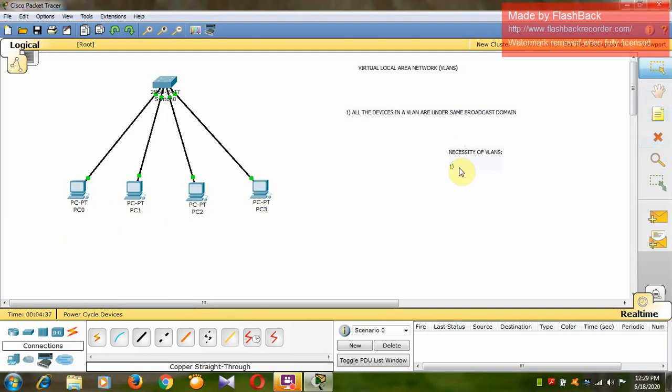So the necessity of VLANs is, first of all, it will provide security to the packets. Second, it will reduce the work of other devices which are not present under that VLAN.